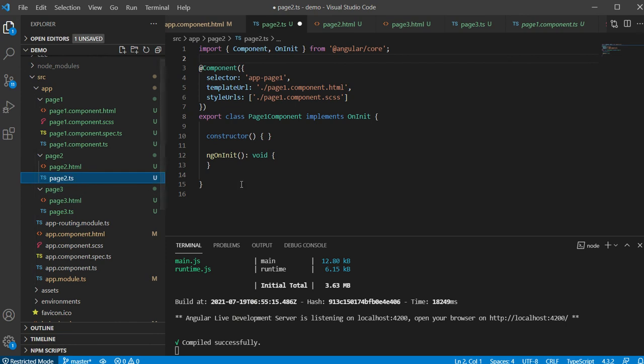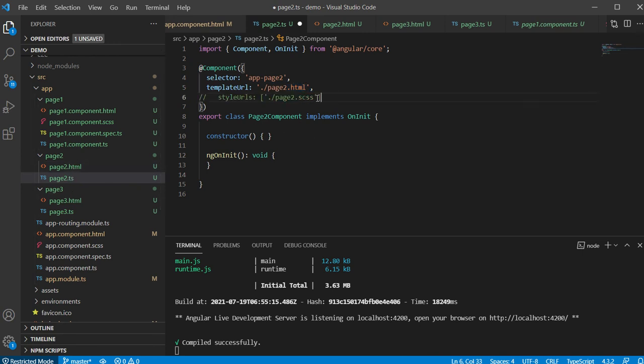Alright, so this is page 2. Now we rename it to page 2 because we copied it from page 1. So we are using page2.html as our HTML reference, and we are not using any style file.